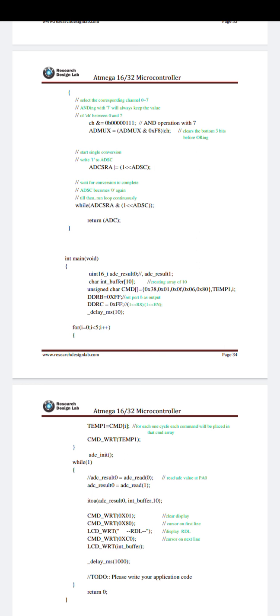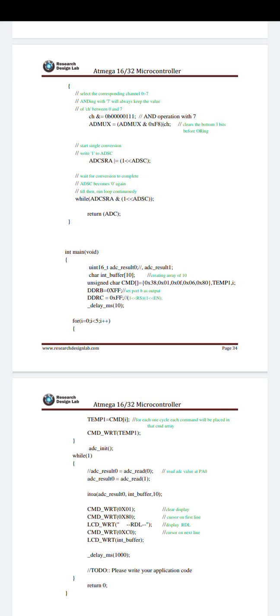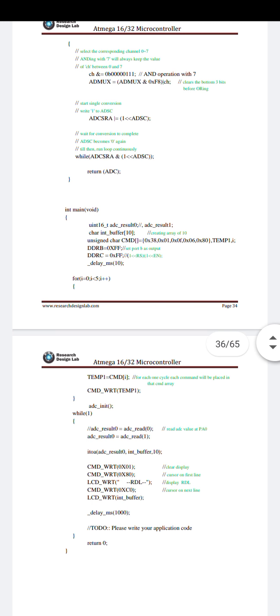Then DDRC is equal to 0xFF, that means the enable and the register select pin is also high. Then delay 10 milliseconds, for i is equal to 0, i is less than 5, i plus plus, opening brackets, temp 1 is equal to CMD i, that means the command we have to select from the array. Then CMD write temp, semicolon, closing bracket.